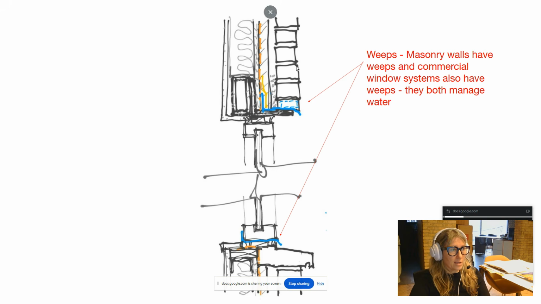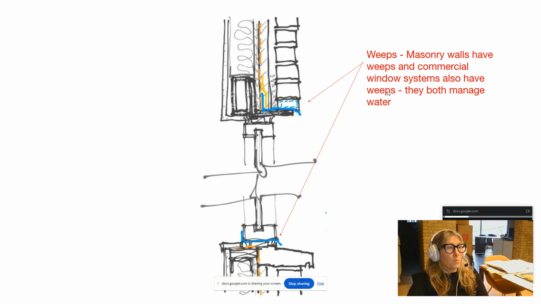So your outside layer of masonry is porous, right? Like masonry, you can tell by looking at it that if you've ever seen a wall get wet, that thing will let water in, right? And so if any of that water vapor or moisture gets through, you got to let it out somehow, right? We got to dry that cavity out. So a weep is what we're showing here, that if water gets into this cavity, it can drain out the face of the building. So weeps in masonry walls,